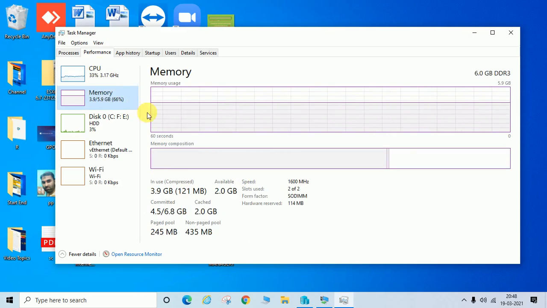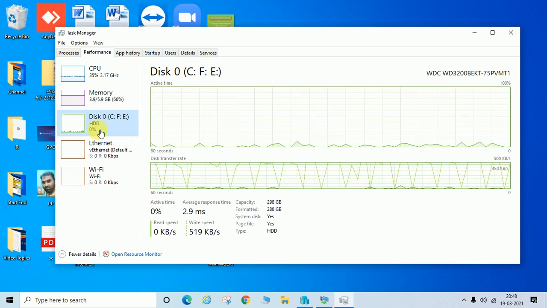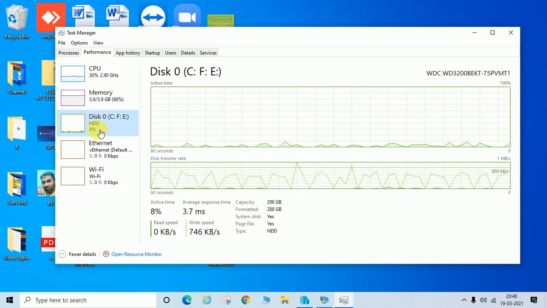Memory, you can see the usage and speed and other details like available memory, used memory, and all these things. Disk, from here you can monitor the hard disk which is installed on your computer.